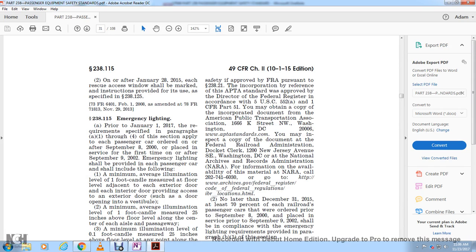Emergency lighting. Prior to January 1st, 2017, the requirements specified in paragraphs A1 through 4 of this section apply to each passenger car ordered prior to September 8, 2000, or placed in service for the first time before September 9, 2002. Emergency lights shall